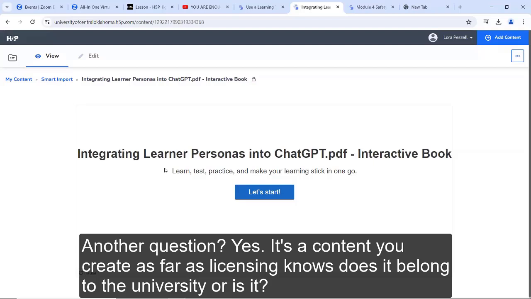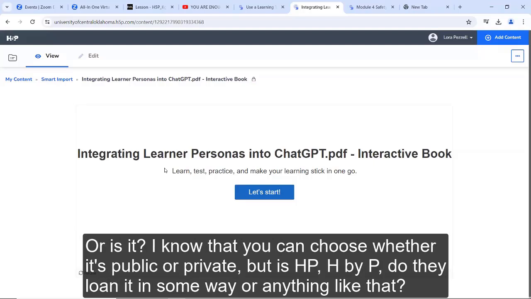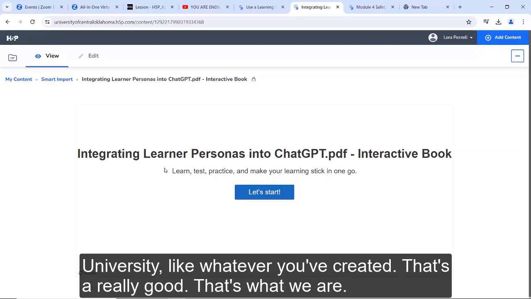If the content you create, as far as licensing goes, does it belong to the university? I know that you can choose whether it's public or private, but does H5P own it in some way, or is it the university, whatever you create with this? That's a really good question.